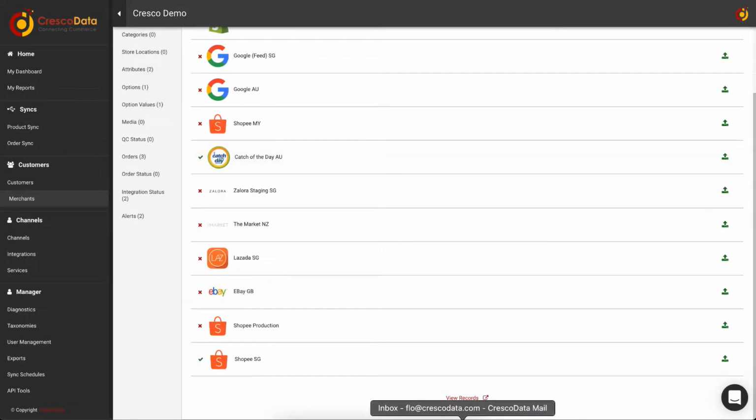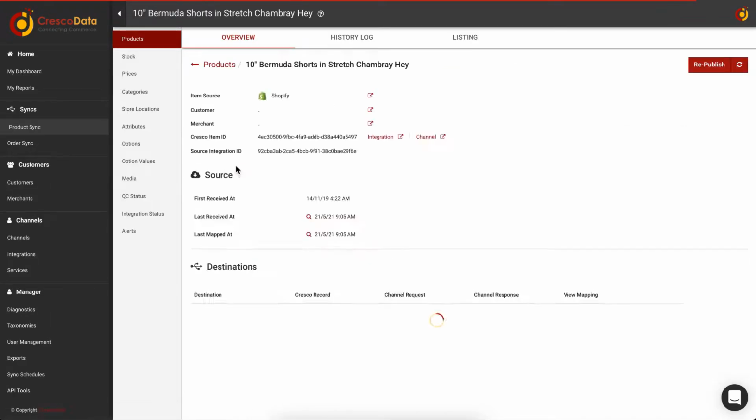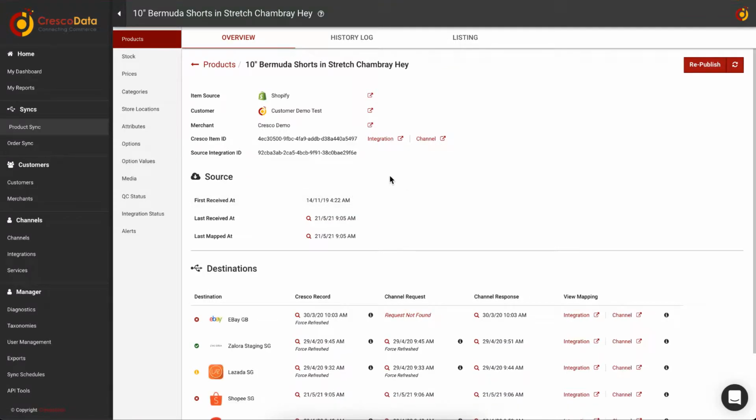I mentioned a second ago that for each of these records, we can also view the mapping screen. So if we want to have a look at that now, there are two mappings that are done for each of the integrations. One is the incoming mapping, as we're translating a record from a foreign system into our system, and one is the outgoing mapping. This is where we translate our CrescoData master format into the payload that will be sent to the remote